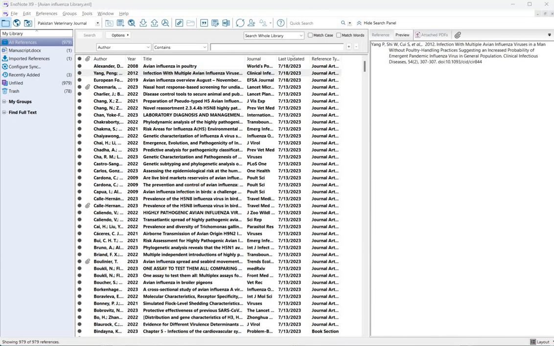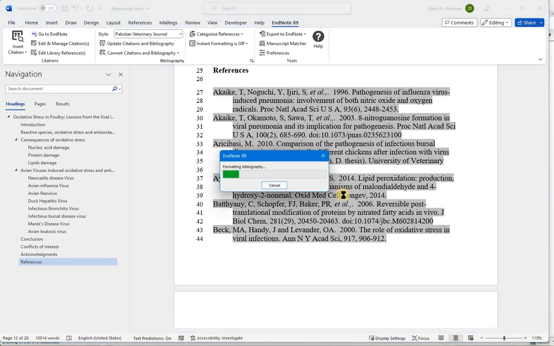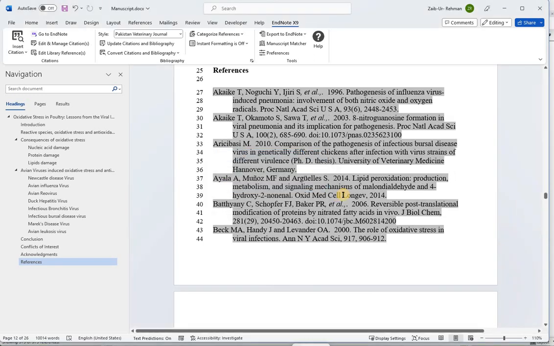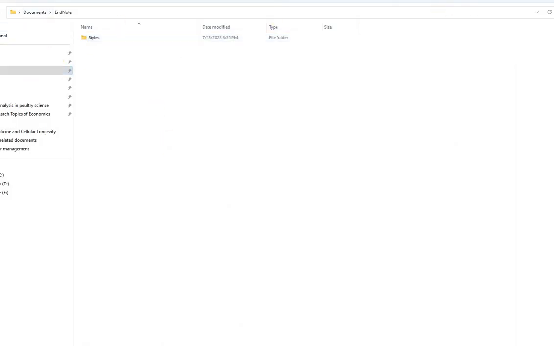But I want to incorporate it, update it into my references. Here I'm going to update it, and you will see the changes in the reference list. Here all the changes have been made, and these are depicted in the references or the bibliography. In this way, you can develop your own style on the basis of the journal requirements. And if you have prepared any style and you want to share it with co-workers or with your colleagues, then for that you have to